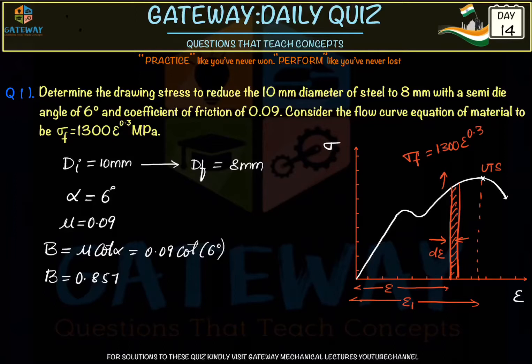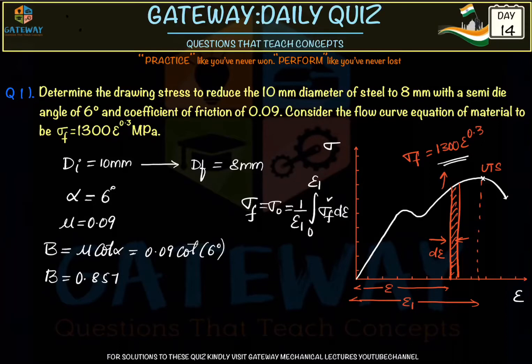And how will we make the derivation? First of all, we'll make the derivation for two things here. One is for strain energy, and the other is for mean flow stress or the nominal stress. How to calculate the mean flow stress? Here we know the flow equation, but we don't know the mean flow stress value because the curve is changing with respect to strain, right? It is epsilon power 0.3. So we take sigma flow, nothing but sigma f, the nominal stress, the average or mean flow stress. This is generally given by 1 by E1 integral 0 to E1 sigma f d epsilon.